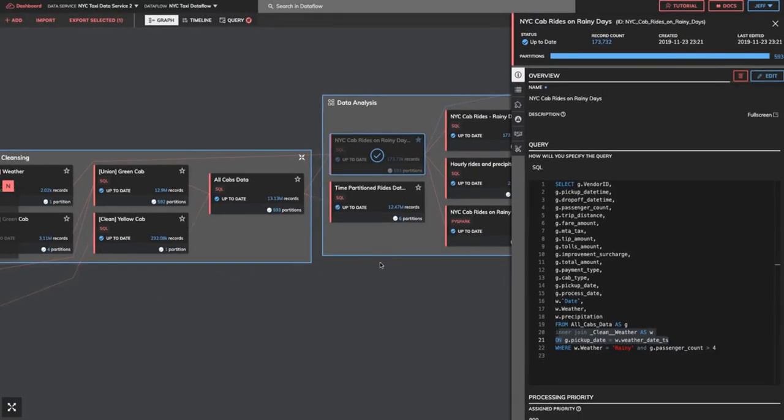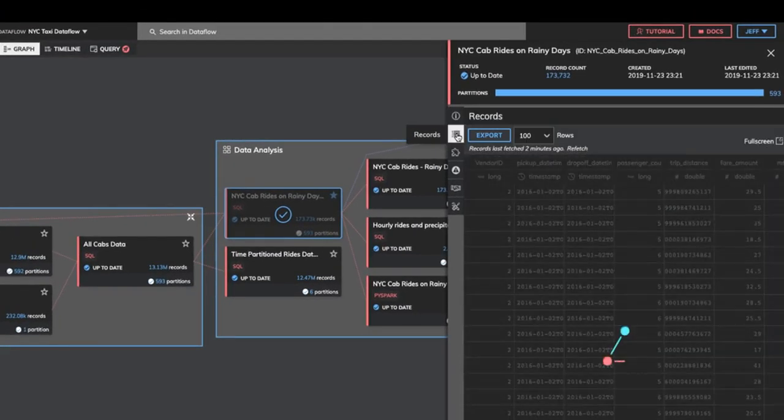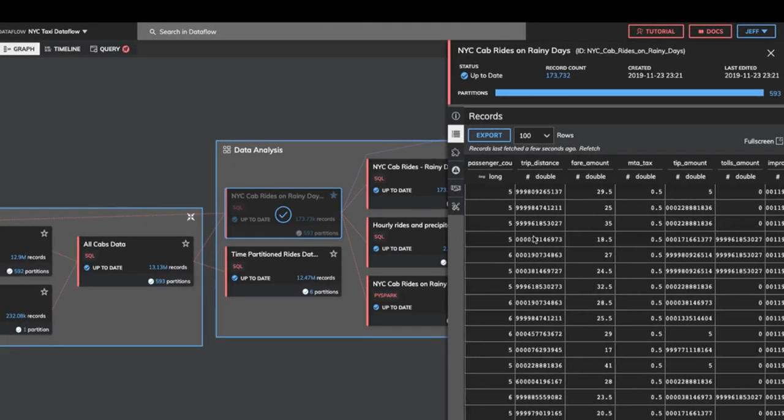It will never execute the same job twice. It knows exactly what's been computed before down to the partition level. It will only send the minimum amount of work required to deliver on your blueprint. And as mentioned previously, the data result sets at every stage of every pipeline are persisted and managed by the